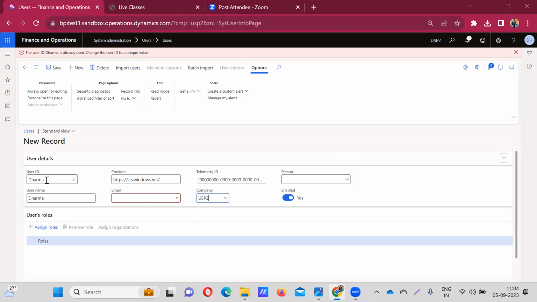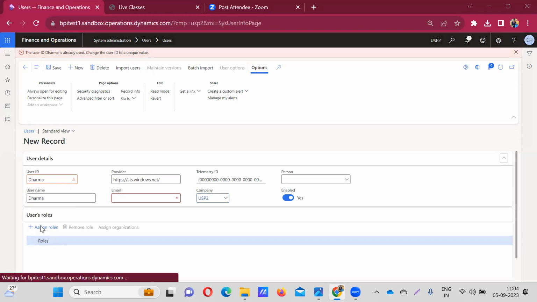Here we need to enter the user ID. We can enter anything, username and email ID. We need to set the company. And here you can see assign roles. Assign roles means